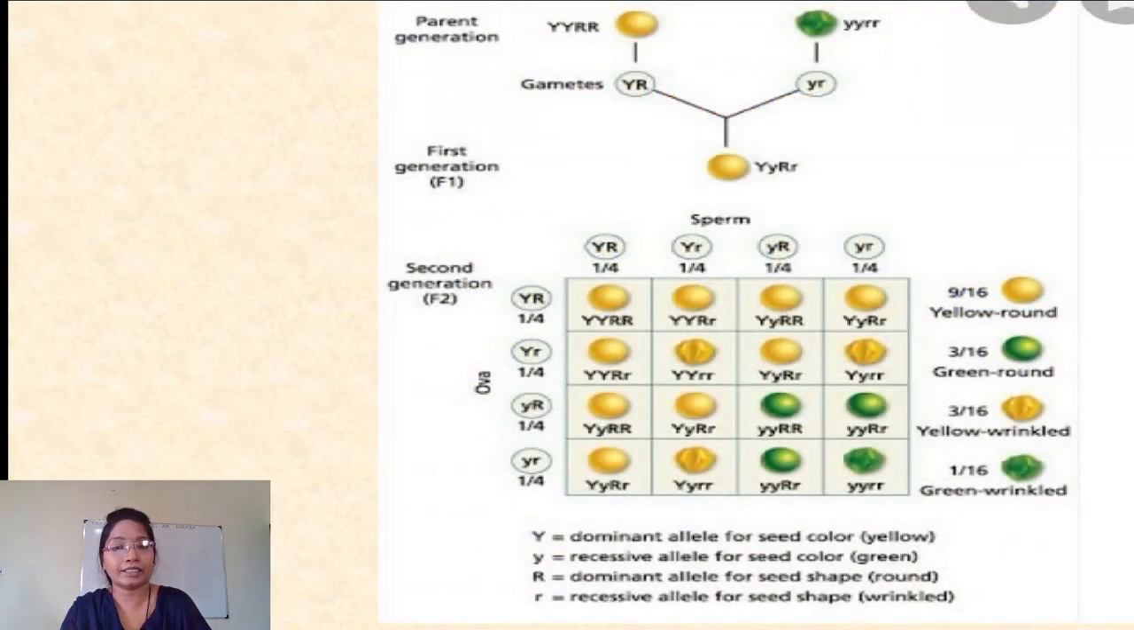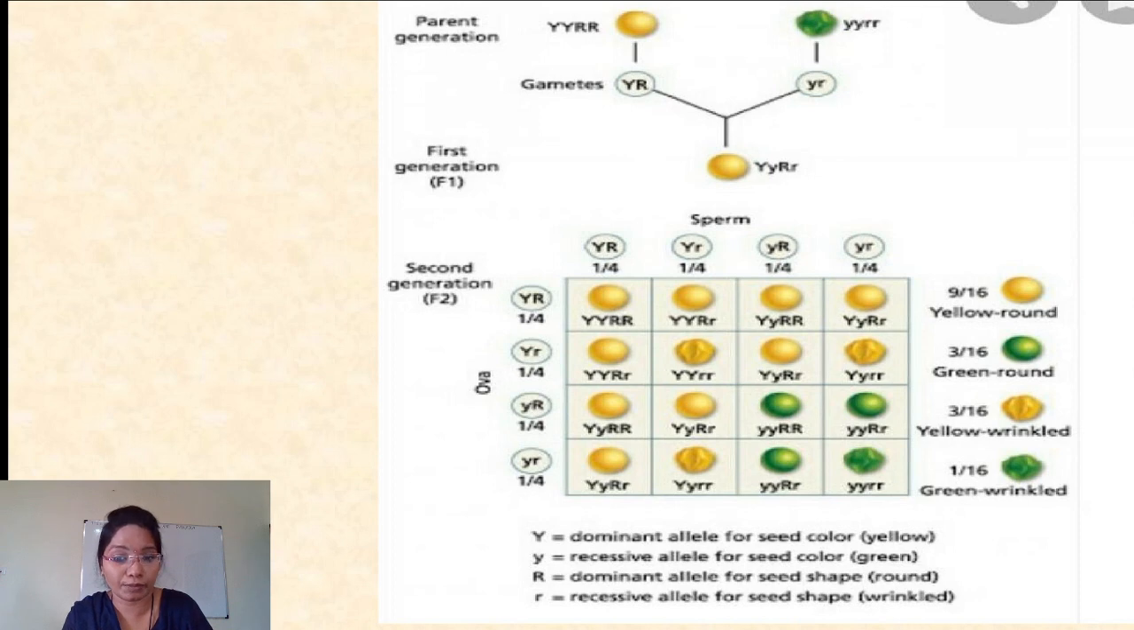If we look at this example, in the parental generation, there are two individuals: pure yellow round crossed with pure green wrinkled. With that, in the F1 generation, we get heterozygous yellow round plants. When these F1 generation individuals undergo selfing, in the F2 generation we got